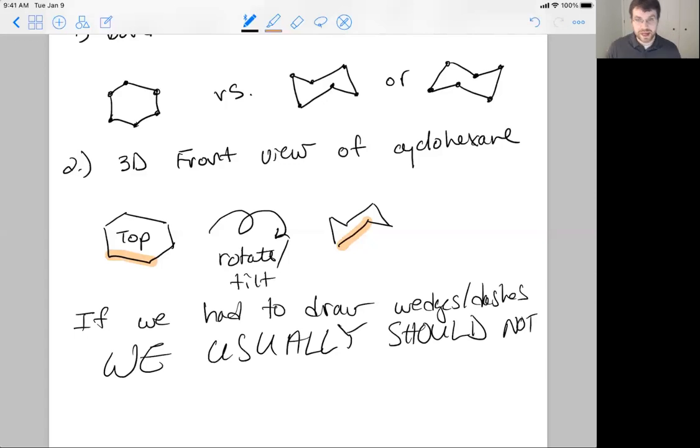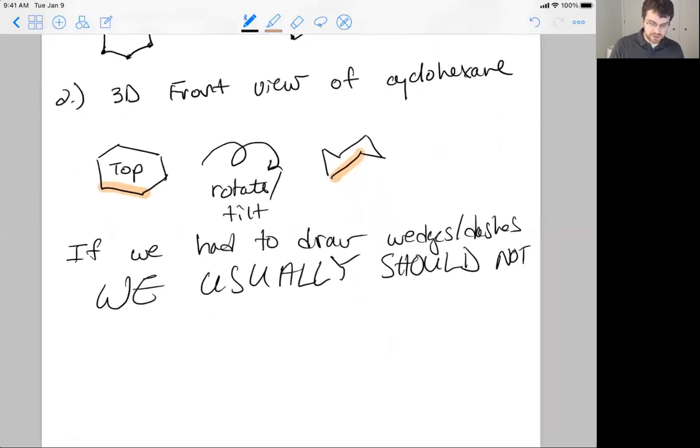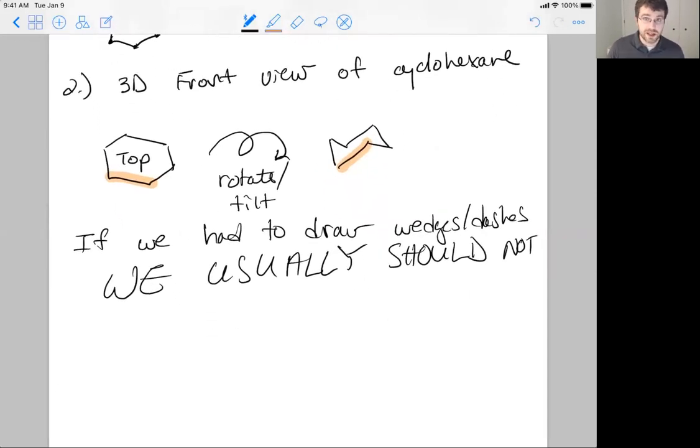I feel bad taking points off on exams when people do add wedges and dashes because they don't do it in the right places. But if we had to, the places we could get away with are within the ring itself. So I have a bigger chair structure here. And so if I had to add wedges, what I would do is add a wedge to the sort of lower